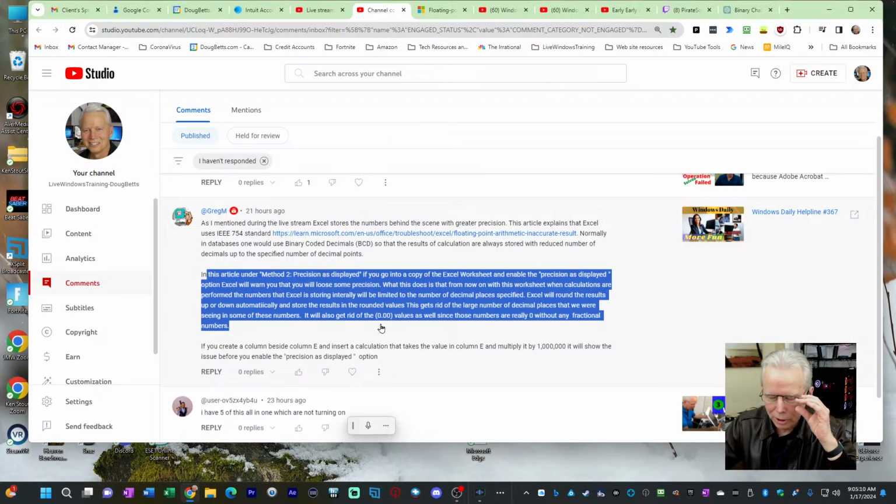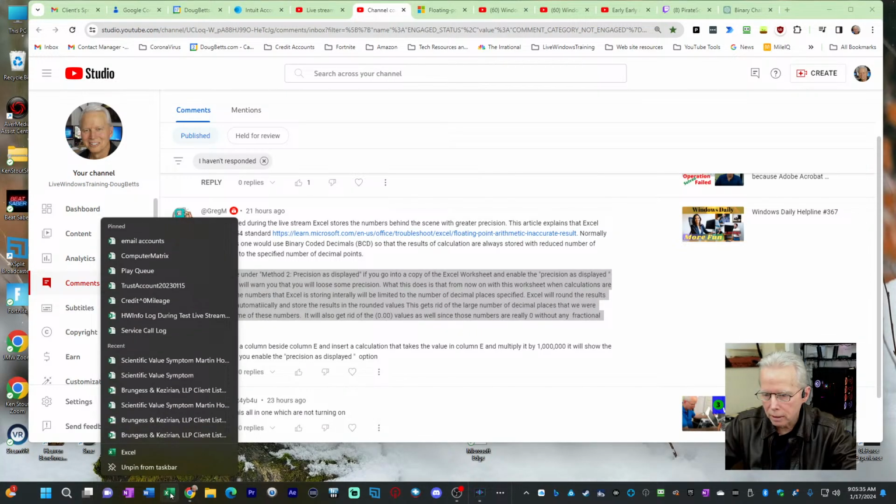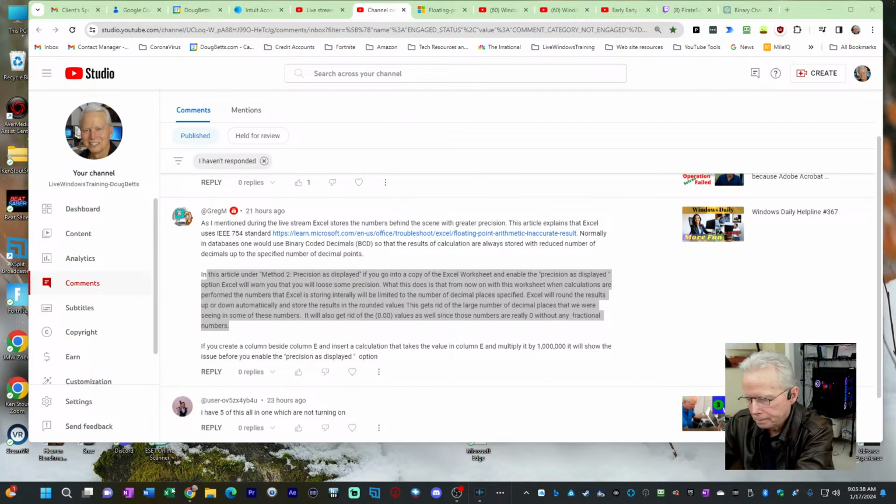I'm probably just going to go through this piece about this spreadsheet, and maybe in the show early. You can tell I'm not in good shape. Method 2, precision as displayed. Now that's what the easy fix is going to be. Greg M was proposing this yesterday as an easy solution, and it is the easy solution. So let's go ahead and show that, I suppose. Excel has an easy way to change this.